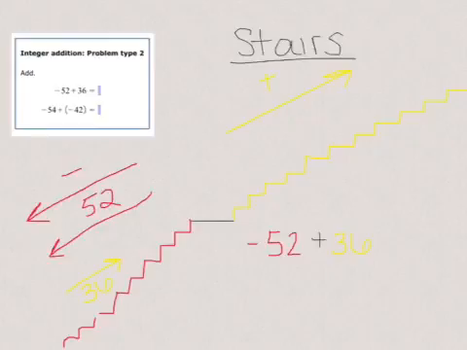And to help the students make sense of this, what I like them to think about is, which way did we travel further? Did we travel further down or did we travel further up? Since we traveled 52 steps down, we traveled further down. So then I get them to think about how many steps did we basically not travel down? If I went down 52 steps and had to go back up 36, well, I know that these 36 steps that I went down,